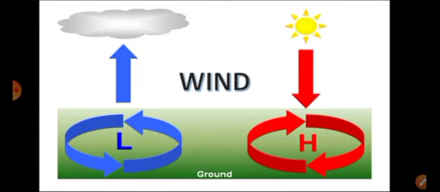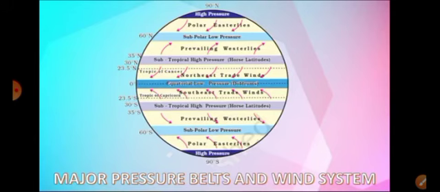The movement of air from high pressure area to low pressure area is called wind. You can see wind at work as it blows dry leaves down the pavement or uproots trees during a storm. There are three types of winds: permanent winds, seasonal winds, and local winds. The trade winds, westerlies and easterlies are the permanent winds. These blow constantly throughout the year in a particular direction.